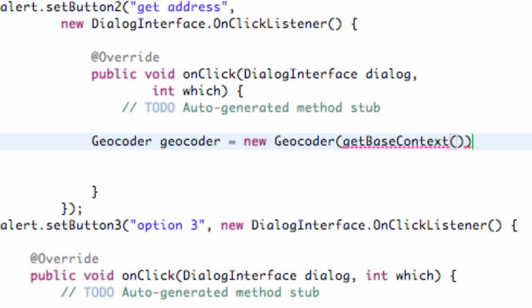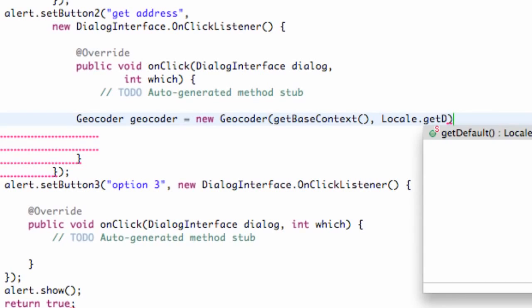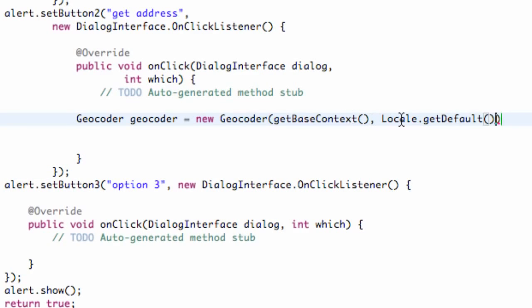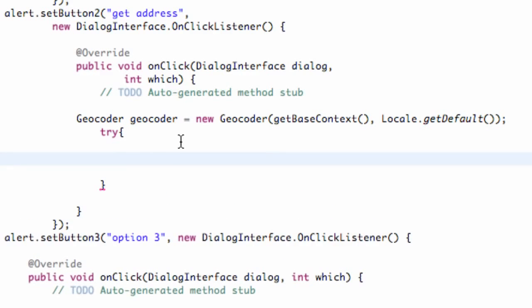That's going to return the context of the base class, and then we say Locale.getDefault. We have to import both Locale and our Geocoder, which I've already done. Now we've set up our Geocoder, and within a try bracket we can try and access the address. So we're going to say try, and then within the try brackets,